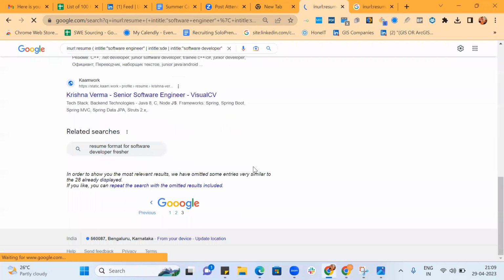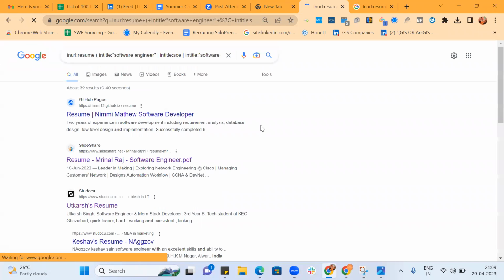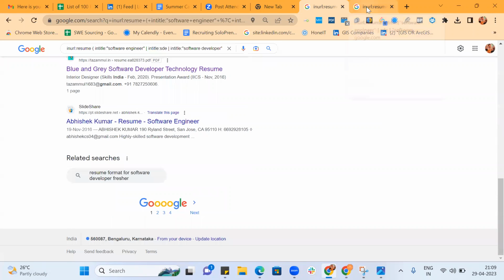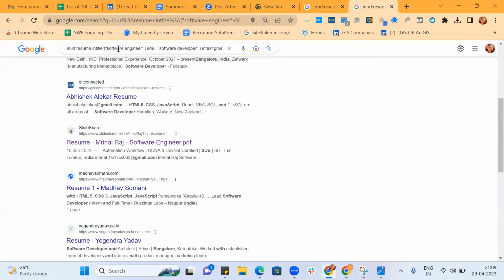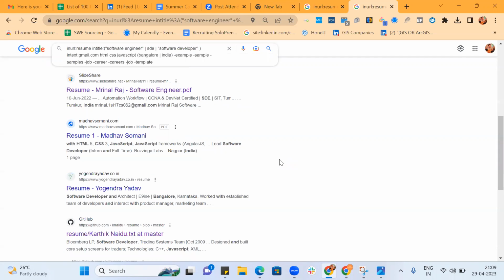But let's see if I can repeat. So 39, but the same thing I'm using here, by using intitle software engineer, SDE or software developer. Here, these two keywords are understood as an additional keyword, but not as an intitle. That's the reason we are getting a list of results, but not exactly what we tend to get. Though it's a right practice, I would not say you can completely remove intitle and use software engineer, SDE or software developer as an additional keyword,